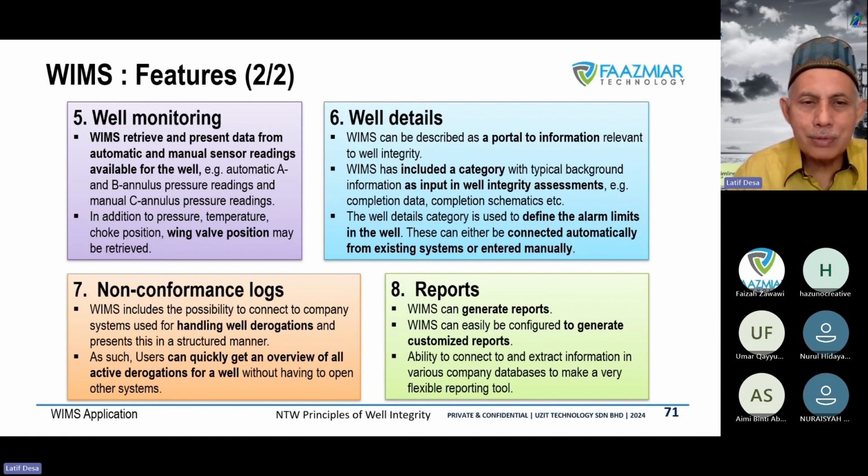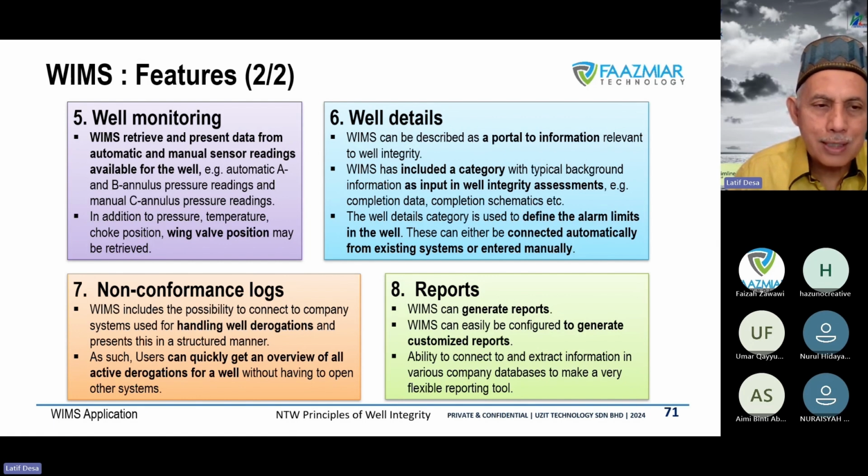And well details we cover, for example, the specs, the design factor of that, and then we're talking about whatever requirement for us to look at the integrity of the well as to understanding the specification, how the well be designed, and factors that they consider. For example, some well be designed to handle 20% CO2, some well designed for 40% CO2 content, and so on. So there will be a lot of details that need to be known about the well, so that be kept